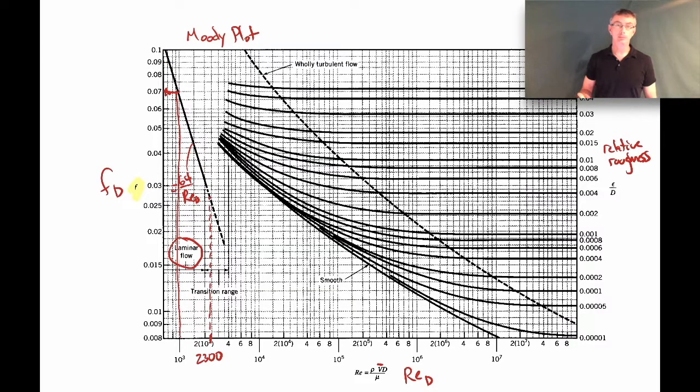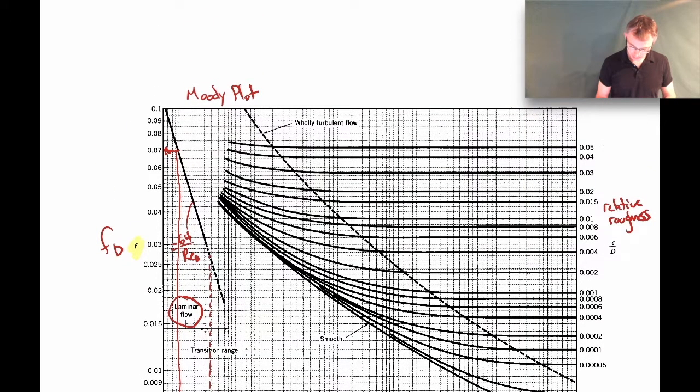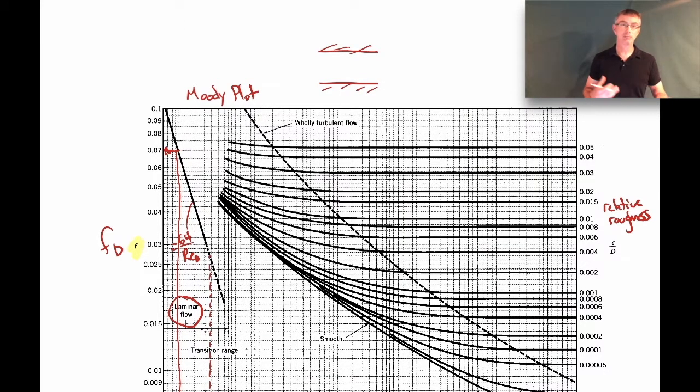If it's turbulent, then it turns out that the roughness of the pipe actually plays a role. So what I mean by that is this. Let me sketch something out up at the top here. Let's say we have our pipe. Now, pipes typically have some asperities on them, just little bumps on the surface. So these bumps on the surface actually affect the